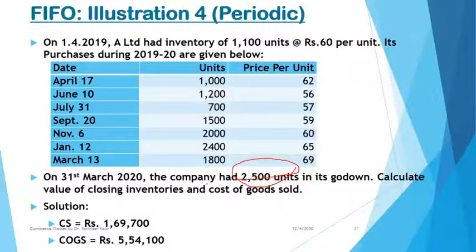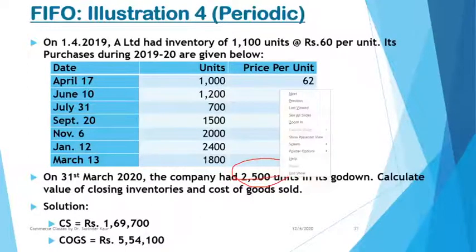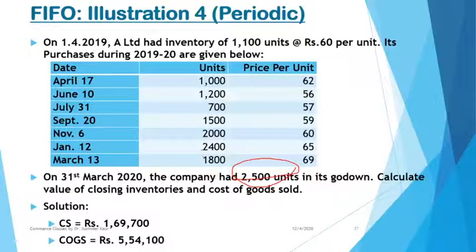Now before we take up this, let me just give a rough idea of another method also, LIFO. LIFO will say last in first out. It will say the quantity which is acquired last must be sold first. So in that case, you will first be selling these 1800 units, then 2400 rupees of lot, then 2000, then 1500. Likewise, you will be selling them, and your opening stock will be from the initial lots, isn't it? Anyhow, now coming to FIFO approach, okay, this method.